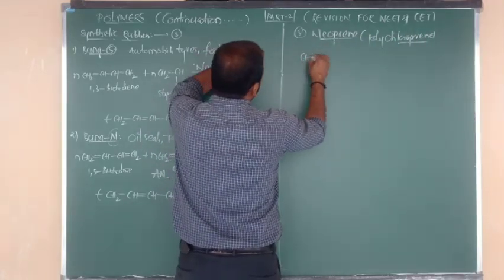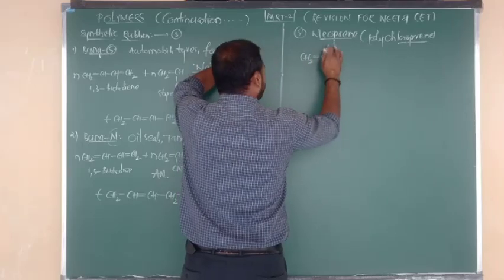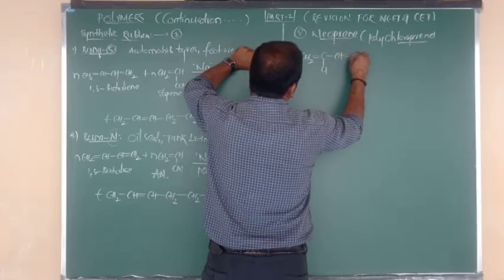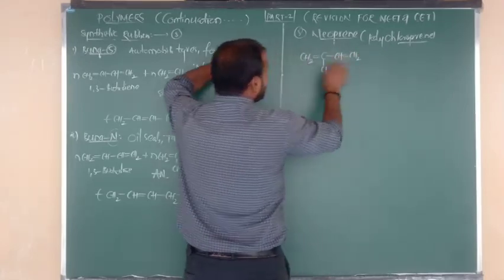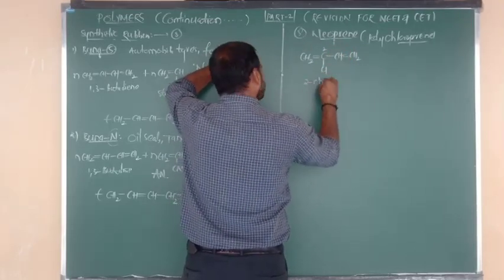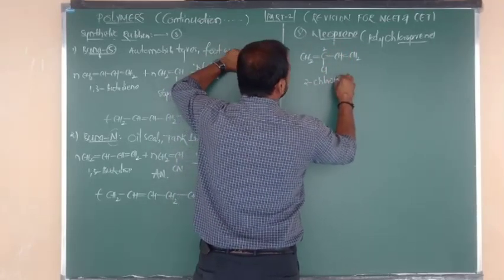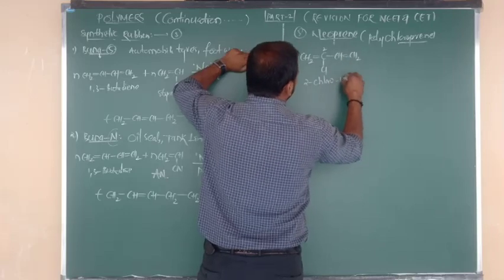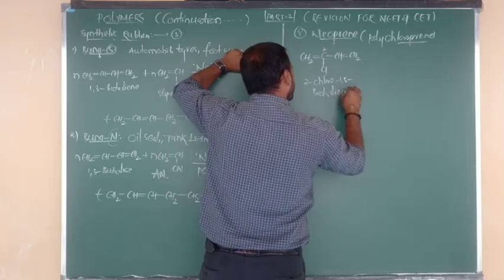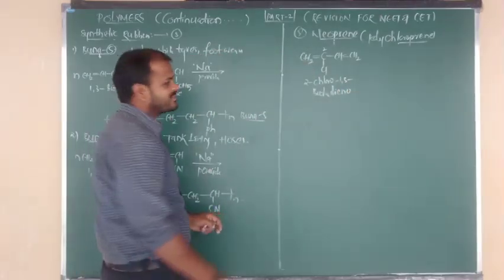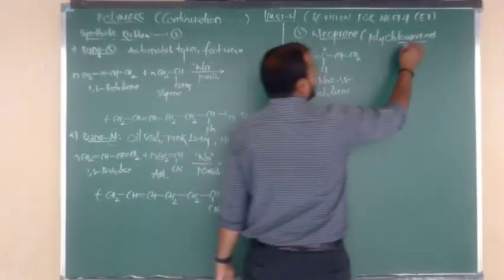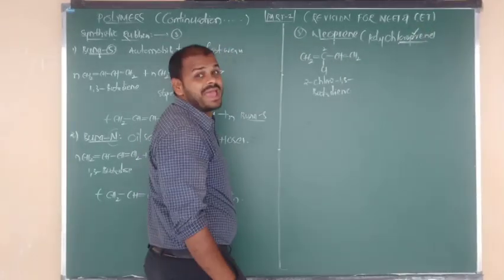What is the formula of chloroprene? CH2 double bond C, below the plane it is connected to Cl, again it is bonded to what, beta? CH double bond CH2, looking like 1,3-butadiene, but the second place is connected to Cl. So we can say this is the 2-chloro-1,3-butadiene. Okay, beta? Yes. So 2-chloro-1,3-butadiene, this is called chloroprene. It is going to act as the monomer.